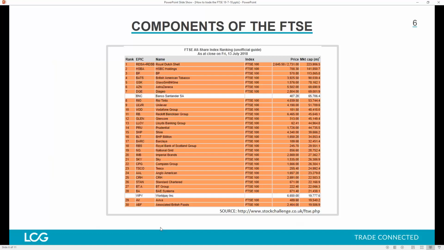So I talked before about the importance of certain shares, and I was doing so just then. Royal Dutch Shell is right at the top there in terms of the huge influence it has over the FTSE. I thought this was quite an interesting table that I found online,